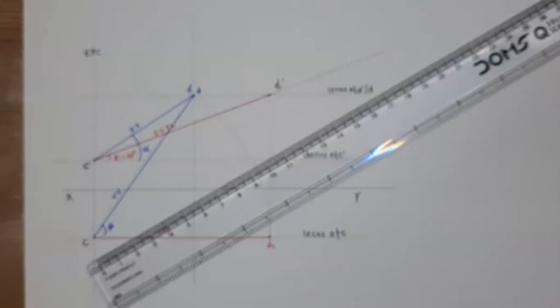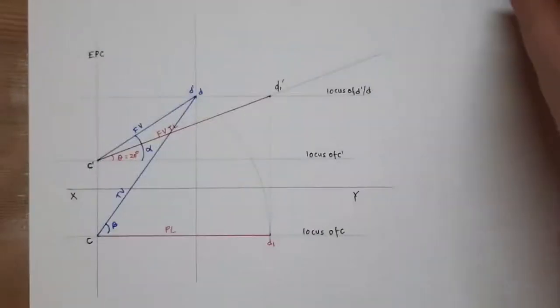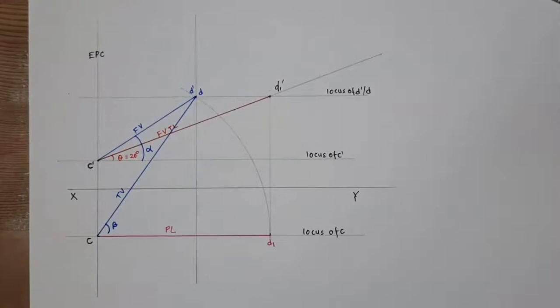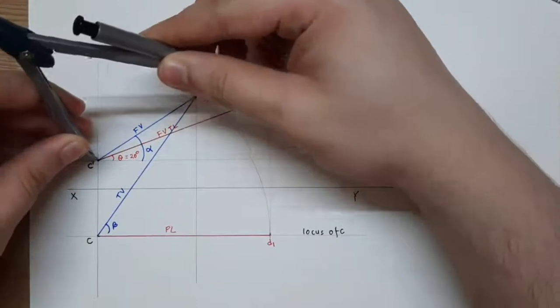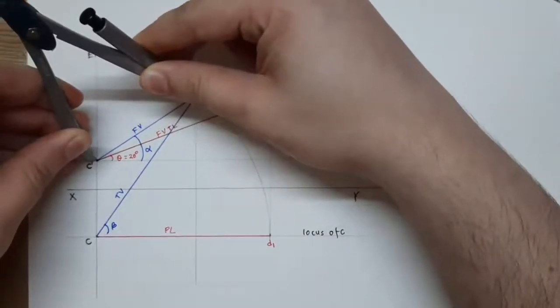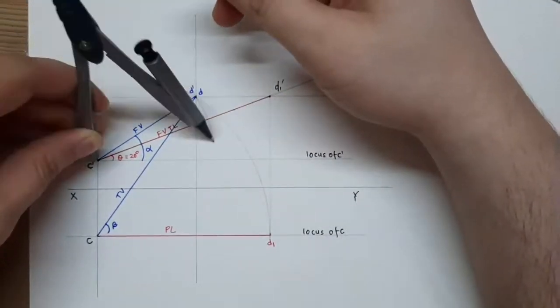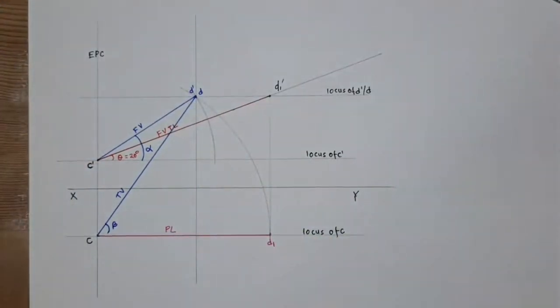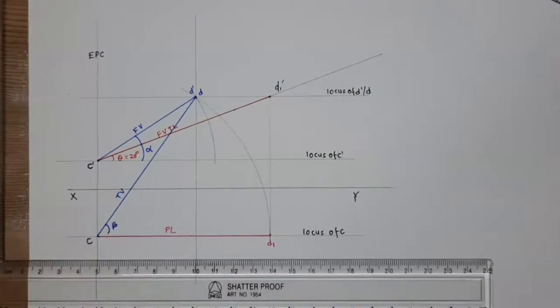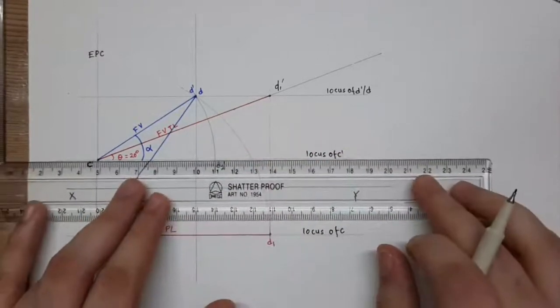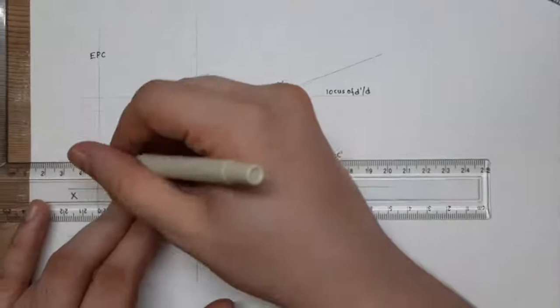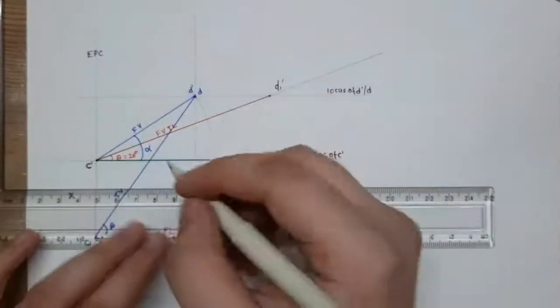Now, what is the last step? I need to calculate the front view true length and top view true length also. How will I do that? I will rotate my front view to get the TL. I have taken the distance equal to the front view and rotated it on the locus of C dash to get the TL. I will name the TL as CD2 dash. Now I will join C CD2 dash to get the TL. This is TL.